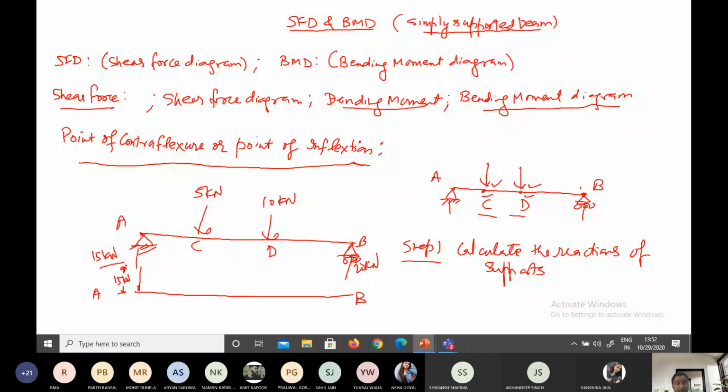Then from point A to C there is nothing here, so I will just make it a straight line. Nothing is there from A to C. But now coming to point C, there is a drop here because the load is 5 kilonewton and here it was 15 kilonewton. So at point C, what will the load be? Can anybody tell? This will be 15 upward, minus 5. Minus 5 is getting down. That will now be 10 kilonewton. So if I draw it here, this portion will be 10 kilonewton.